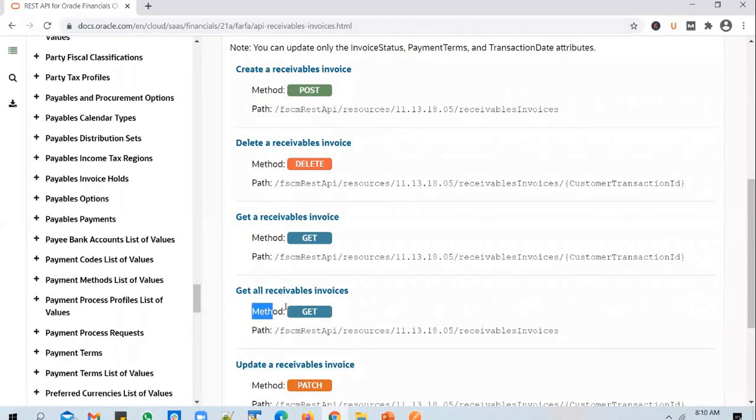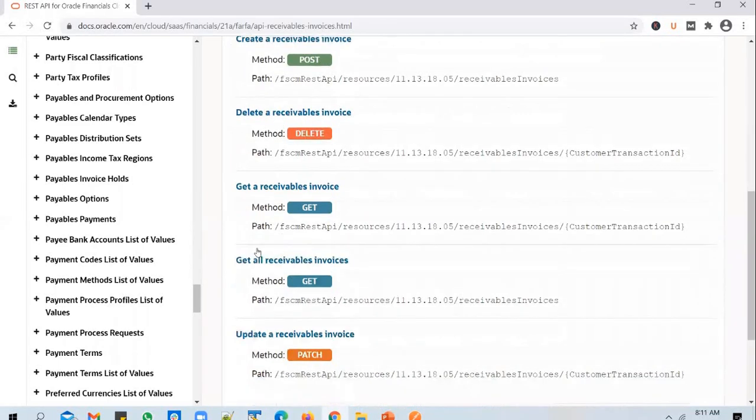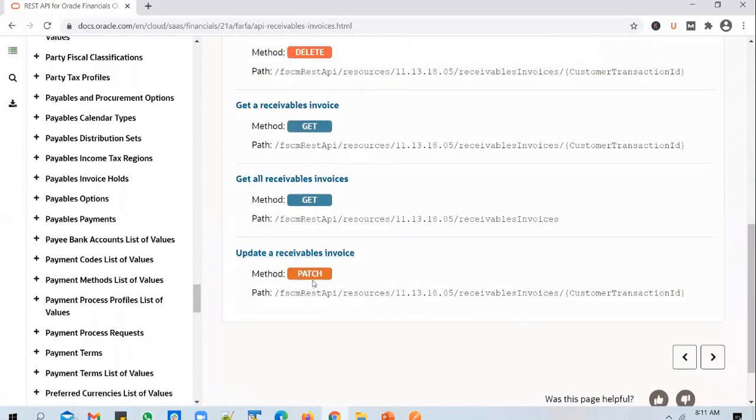So the method that you need to use is basically an HTTP method that you use with REST endpoints. And the method that you use will depend on what operation you are performing or what that endpoint is all about. Typically, when you are doing a read operation, you will use the get method. If you're creating something, you will use the post method, and there is a delete method. And when you're updating, you have a few options available, and you can use a put or a patch depending on the use case.